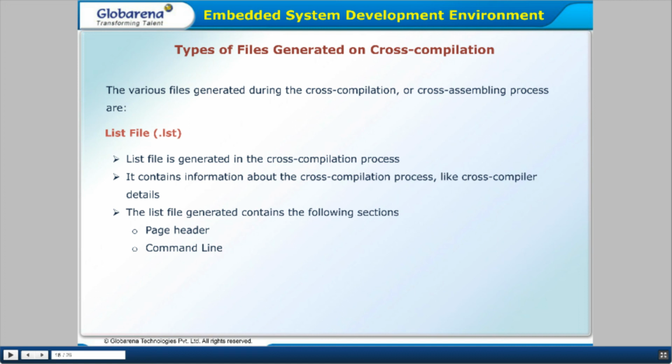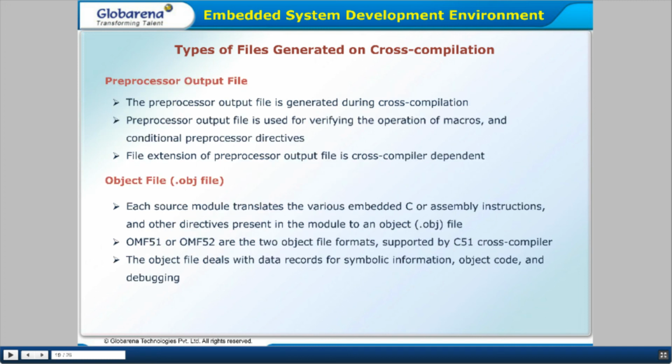It contains information about the cross compilation process, like cross compiler details. The list file generated contains the following sections: page header and command line.